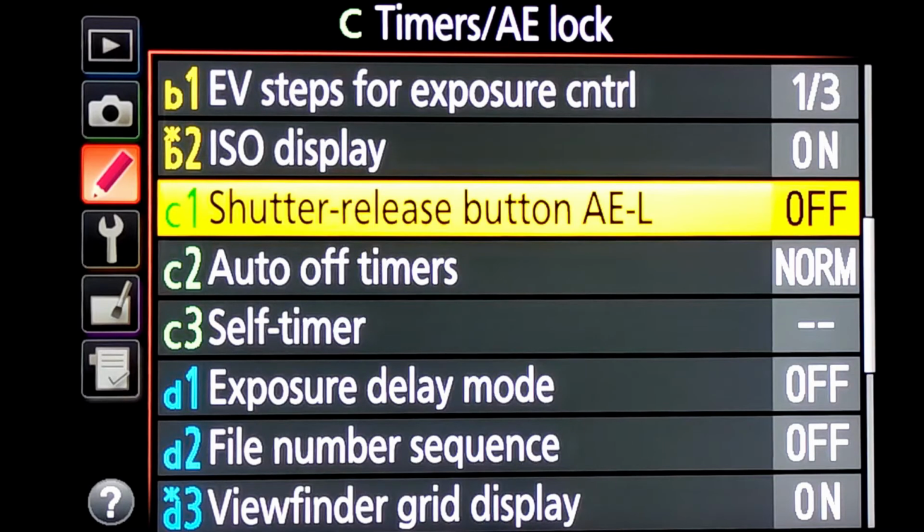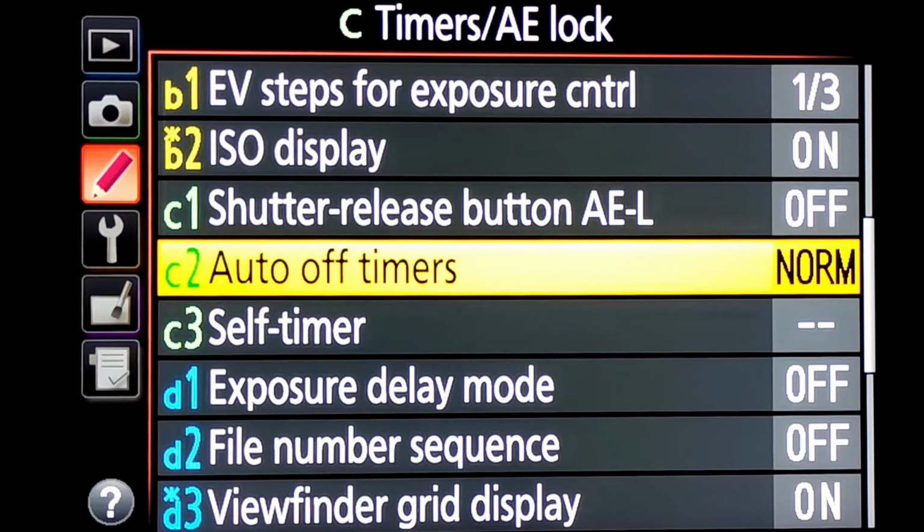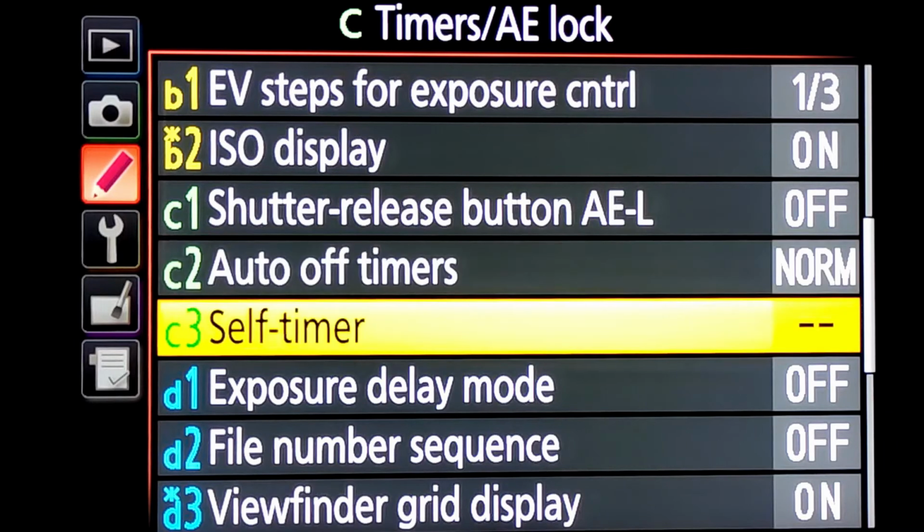The next set of settings is related to the shutter release button. We can program shutter release with the help of the auto exposure lock button. It is presently turned off. So generally shutter release is through the shutter button, but we can choose to provide shutter release through the AEL button, right? Then we can have auto off timers. The display time we can select. Similarly, the image review time we can set using auto off timers. It may range from a few seconds to a few minutes.